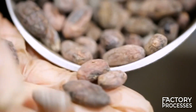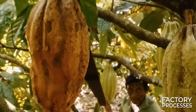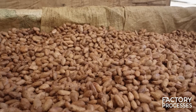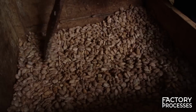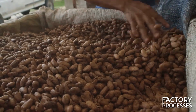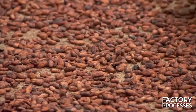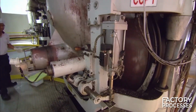While obtaining a cocoa bean is quite the opposite of a factory process, this contrast isn't by chance. After harvesting, the beans along with the pulp are placed in fermentation boxes covered with banana leaves, where they remain for a period of 3 to 9 days. This phase is essential as it not only eliminates bacteria and pulp, but also gives the beans their distinctive brown color and flavor. The beans then undergo a sun-drying process to reduce their humidity, preparing them for shipment to chocolate factories around the world. But let's leave the fields behind and return to the factory, where the real magic happens